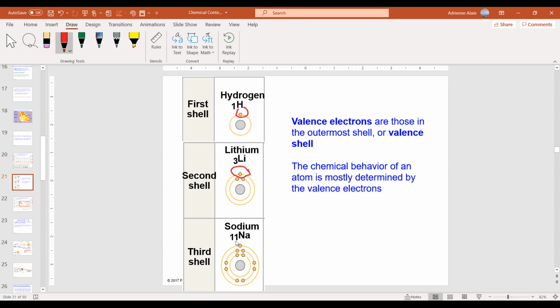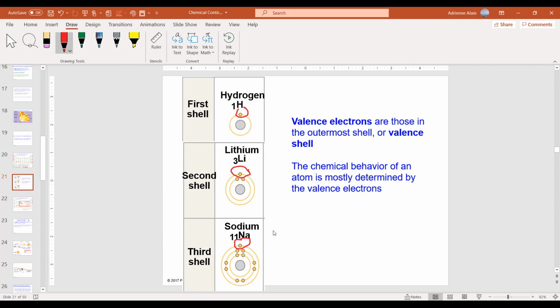Sodium has 11 electrons because it has 11 protons. Two go in the first shell, eight go in the second shell because that second shell is filled up with eight. And then its 11th would go into the third shell. Circle it here. Maybe a little bit hard to see. So these three elements, even though they have very different numbers of protons, behave similarly